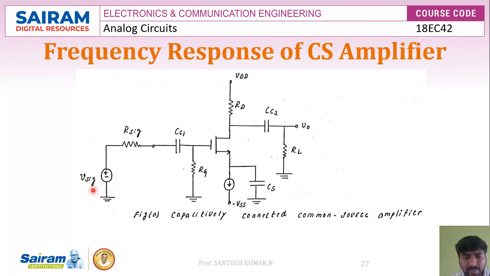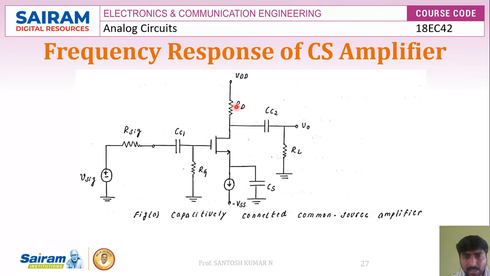This is a common source amplifier. Here we are applying the signal source V signal to the gate of the MOSFET through the coupling capacitor. Why do we use this coupling capacitor? It blocks DC. If the coupling capacitor is not used, the Q point, or bias point, for which we have designed this amplifier will change, because an external DC voltage can change the Q point of this amplifier. Thus, the gain varies. In order to avoid that, we make use of a coupling capacitor.